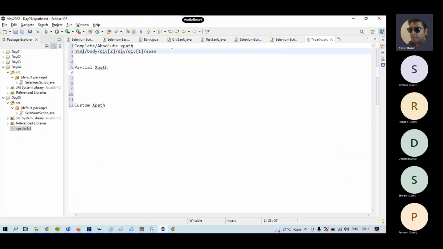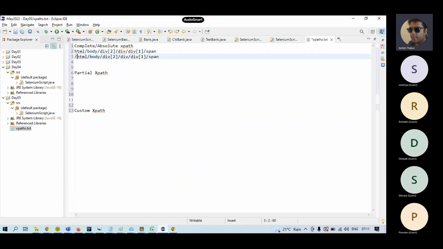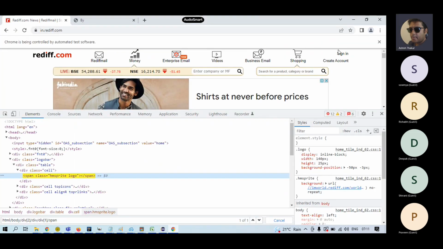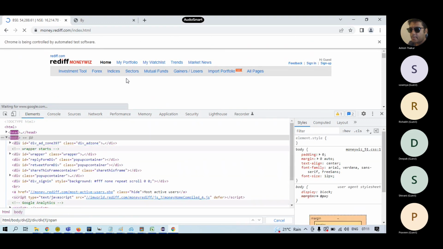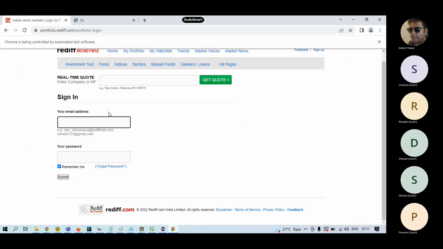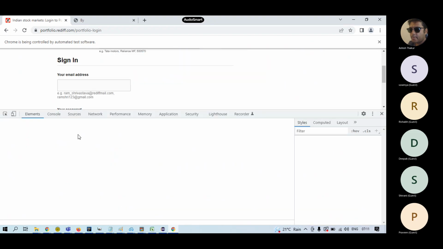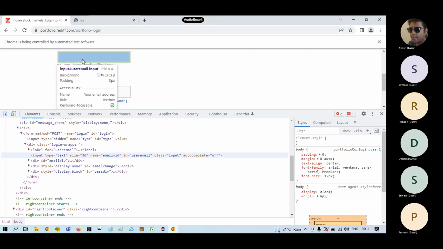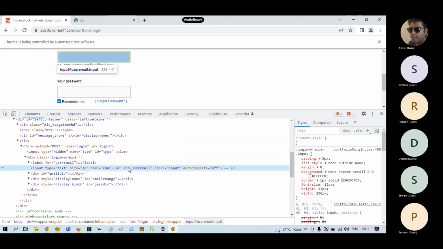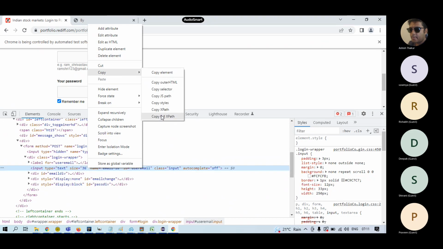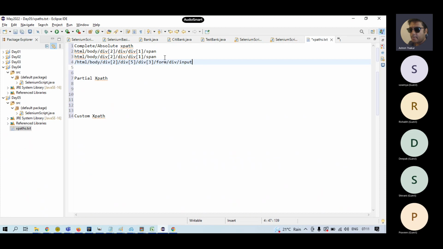So this will give you the complete XPath, right? Even if you are on the login page or something, this is an input text box. You can copy the full XPath for the login page username field. So this is the full XPath, and if you want to write the code to log in into this,